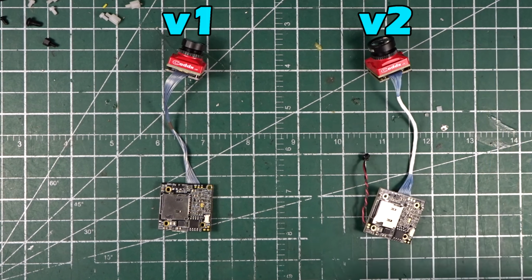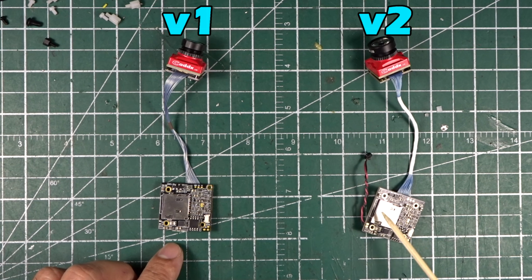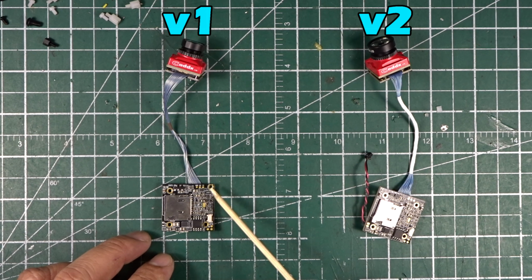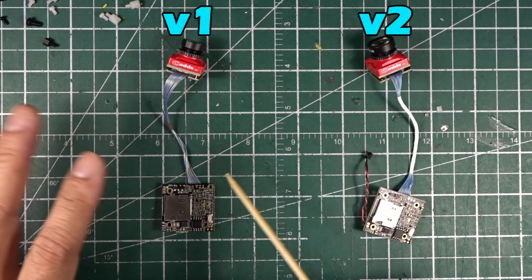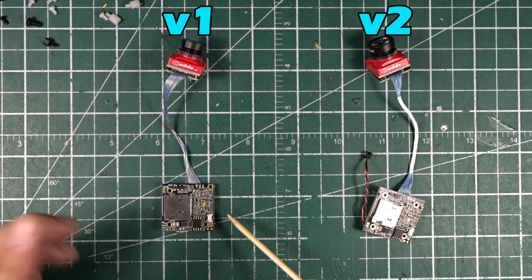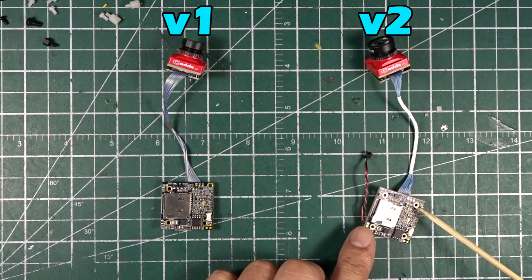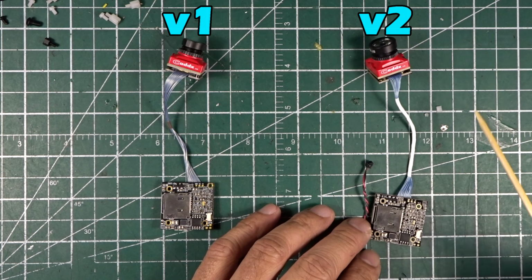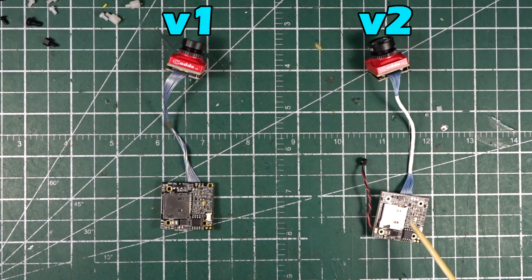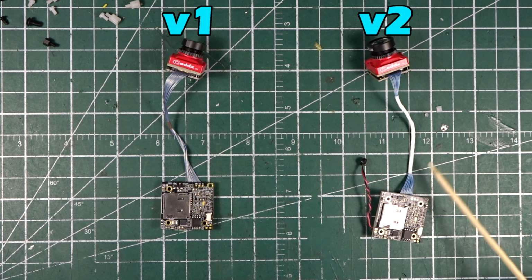Clearly, the first thing that stands out is the hole placement on V1. I don't know what happened here, but you can't mount this properly on a frame using that bolt pattern. It just doesn't work. One is off, or if you follow the other one, it'll be crooked. That's been addressed here on V2. If you notice the hole pattern, it's symmetric. So this will be perfect if you're mounting this on a frame that has a 20 by 20